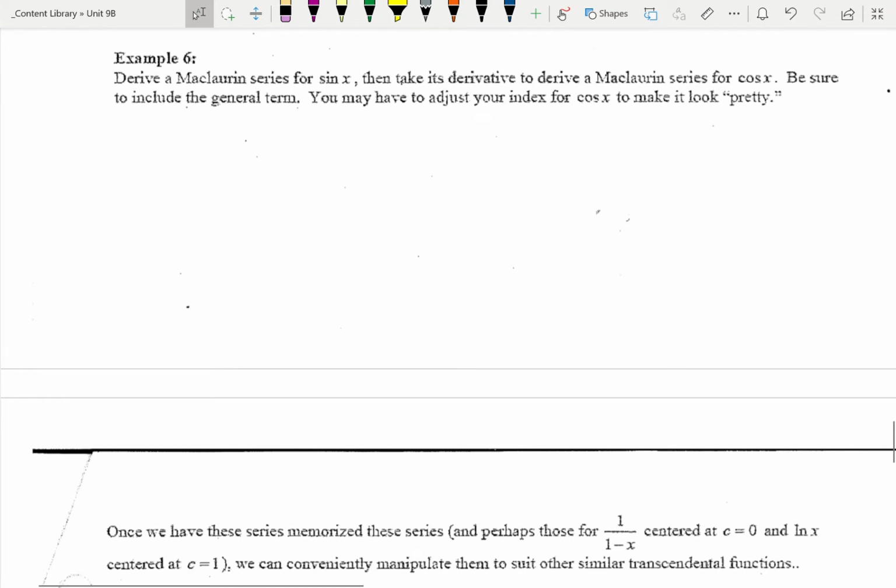Now we've already done this for sine and cosine, but they're pretty important ones, so it's probably worth repeating again. We're asked to derive the Maclaurin series for sine of x. So we can do that pretty easily. If we look at our function sine of x and we take repeated derivatives,